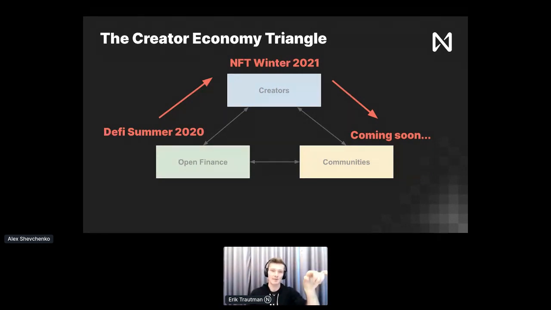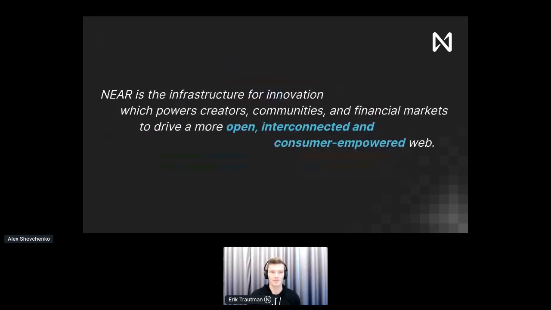You saw open finance happening on Ethereum. You've seen the single player style of NFTs happening on Ethereum and some other chains. But really, it's the flexibility of dropping in these DAOs and making these components able to interface with each other that boots this cycle and takes it into the consumer world as opposed to the collector world. So if you go to the next stage, that's where I just wanted to pop it up into